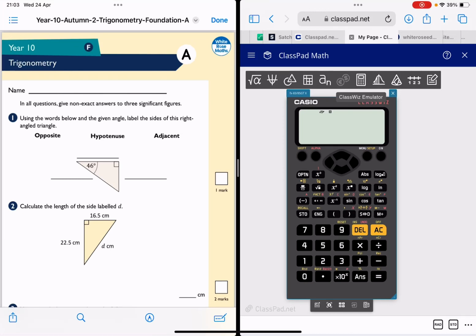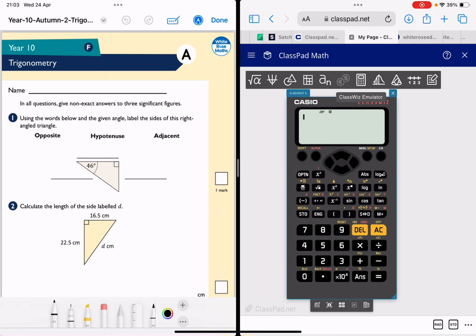Okay, the second topic of Year 10 was trigonometry, the foundation version. It says, in all questions, give non-exact answers to three significant figures. So, what have we got here? Number one says, using the words below and the given angle, label the sides of this